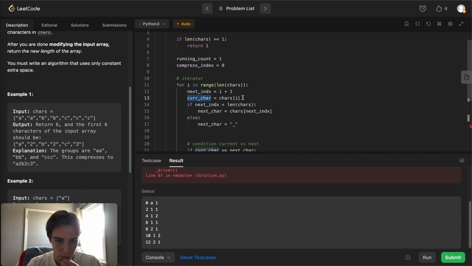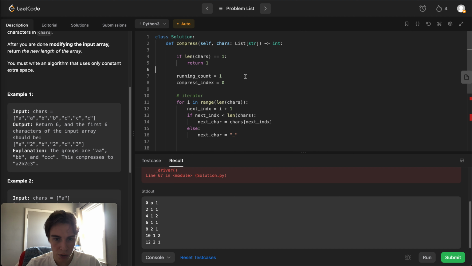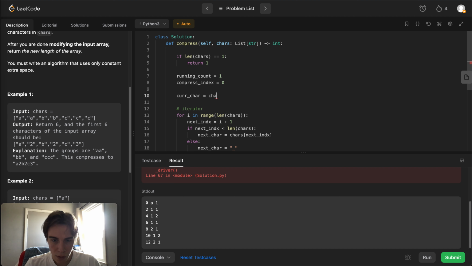Current char is being printed as 1 because it is being overwritten by one of these. What if current char is just a, sorry. Yeah, this could be a thing that when we,